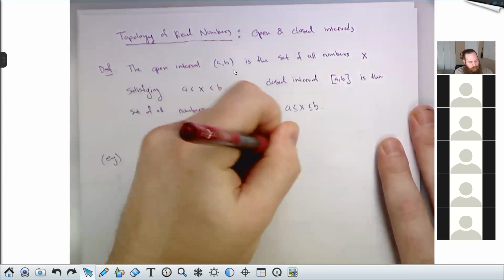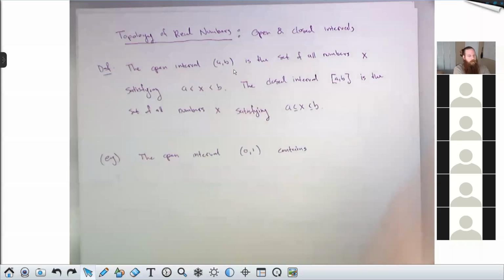So one thing I like to ask my college algebra students on the first day is how many numbers are there in the open interval (0, 5)? And a lot of them will count. They'll go, okay, well, between 0 and 5, 0 and 5 aren't in there, but 1, 2, 3, and 4 are. Oh, there's 4 numbers in the interval 0 to 5. Is that correct? No. It's not, right? How many numbers are there in that open interval 0 to 5 or 0 to 1? Infinitely many. Yeah, there's infinitely many numbers, right?